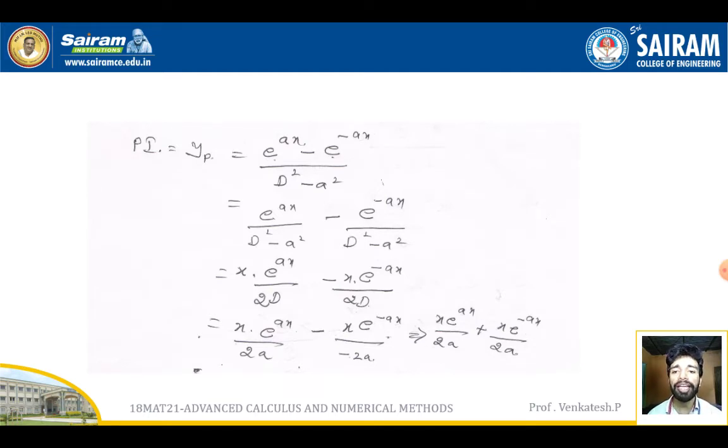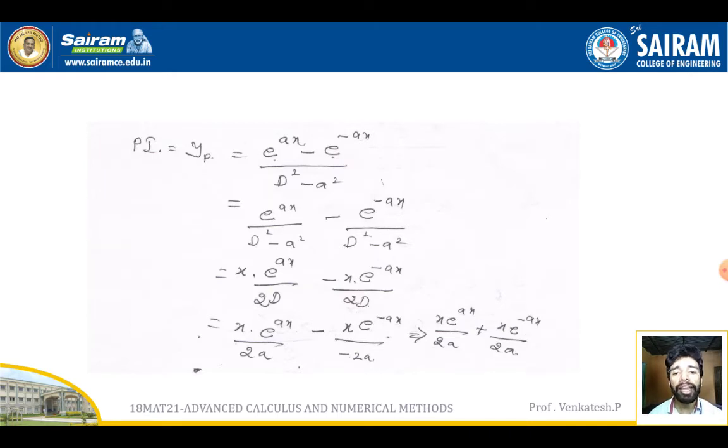So differentiating d square, I got 2d, and the constant a square will become 0. Same thing for the next equation also: differentiating d square will become 2d and minus a square will become 0, and we have to multiply x for the numerator. So I got the equation like x e power ax divided by 2d minus x e power minus ax by